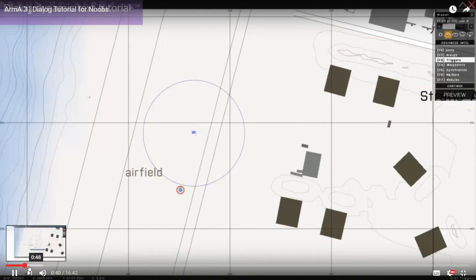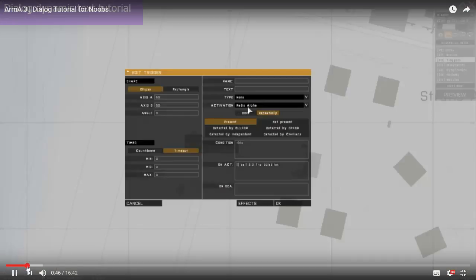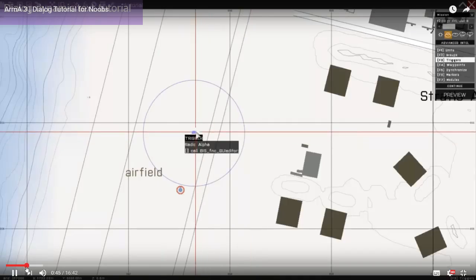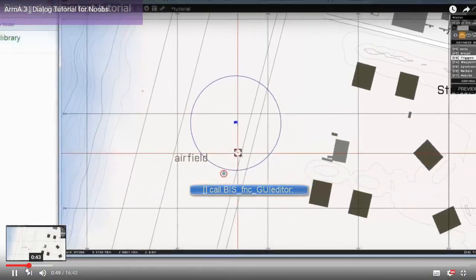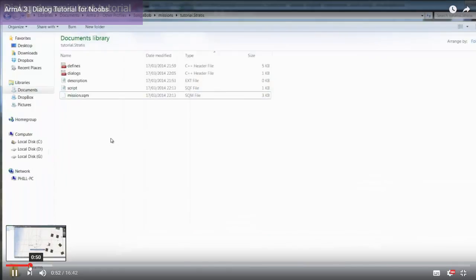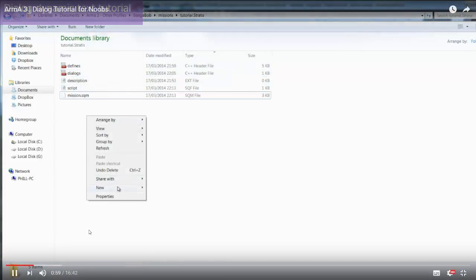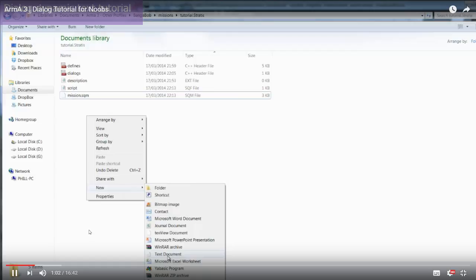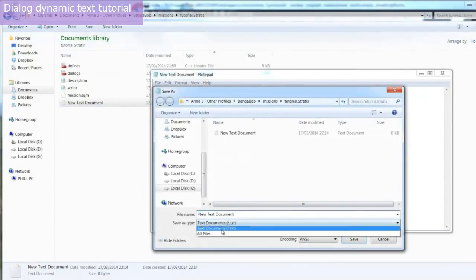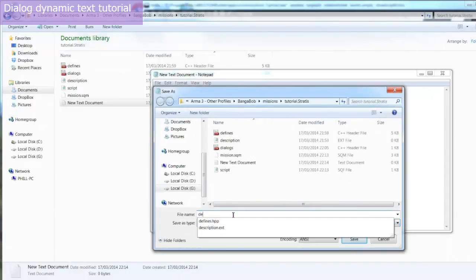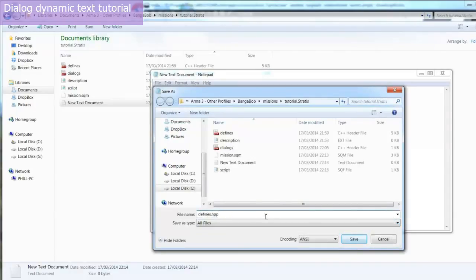by Iceman. First create our mission, I've named it tutorial, and create a trigger that's activated by Radio Alpha, and copy this code, click OK. Inside your mission folder, we're going to create two files, a defines.hpp and a dialogues.hpp. To do this, click New, Text Document, and Save As. And then in the file name, defines.hpp, and do the same for dialogues.hpp,